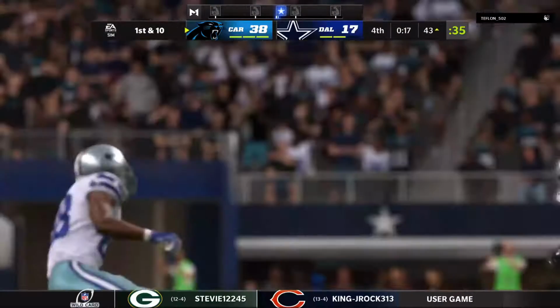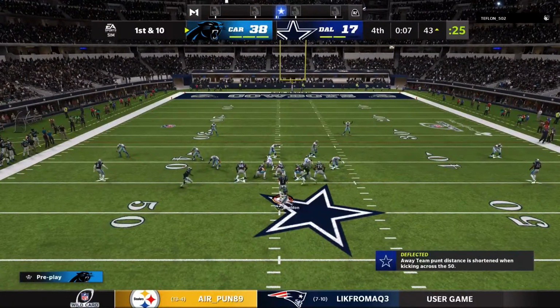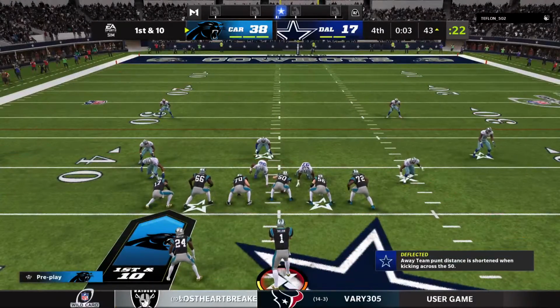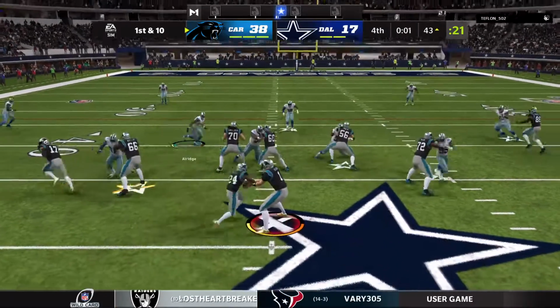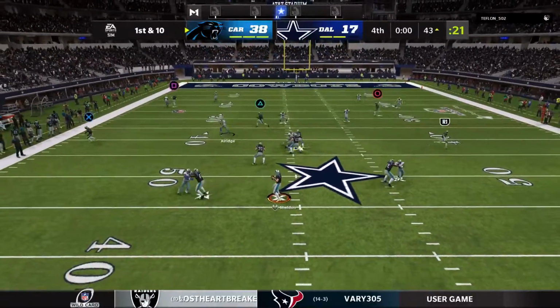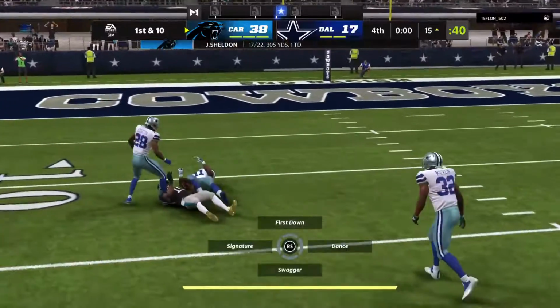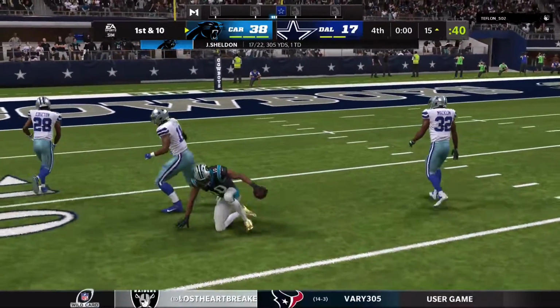Well, that last run makes this a 100-yard night. I've loved the way he's hit the holes. He's been quick, he's been decisive, and he's been a whole lot of fun to watch. Now it looks like he'll throw here. DeAndre Hopkins making the catch. And they're going to be set up down around